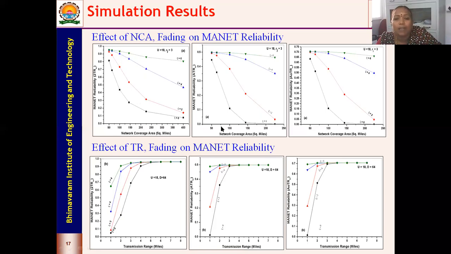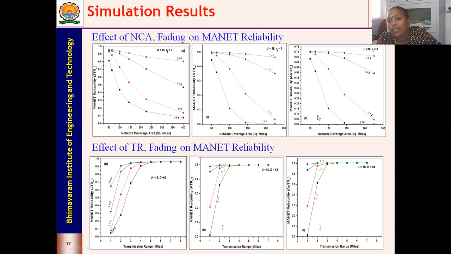And here, at 64 square miles, you can see you are getting 0.45. So you can see the drastic variation, right? Why? Because all the nodes are communicating with each other. So it means that a lot of collisions, interferences, etc. take place among themselves. And hence we find that there is a lot of change in the reliability values. So when it was only between two nodes, the reliability is high. When you are going to consider all nodes, the reliability falls down.